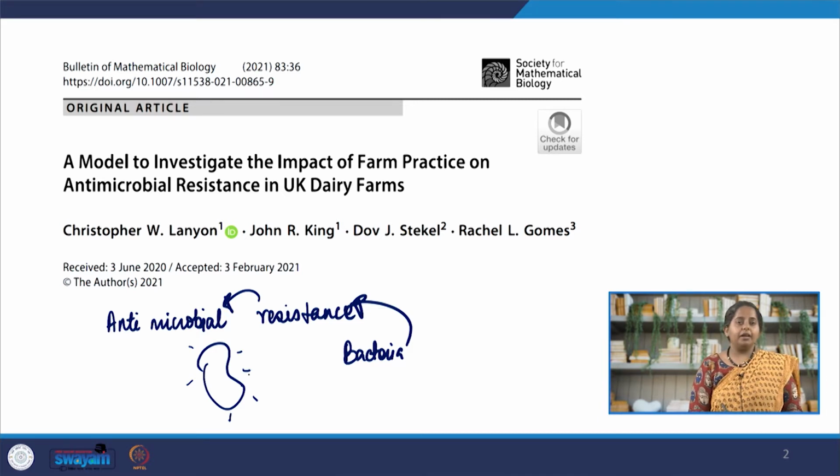So the way a bacteria that used to be sensitive, S was sensitive here, acquires antimicrobial or antibiotic resistance is either another resistant bacteria gives it genes that are required for antibiotic resistance. So certain genes that are specific to developing resistance. This is one way. Now the other way is that if in a population we have both sensitive and resistant bacteria, and now we are adding antimicrobials or antibiotics in this environment,